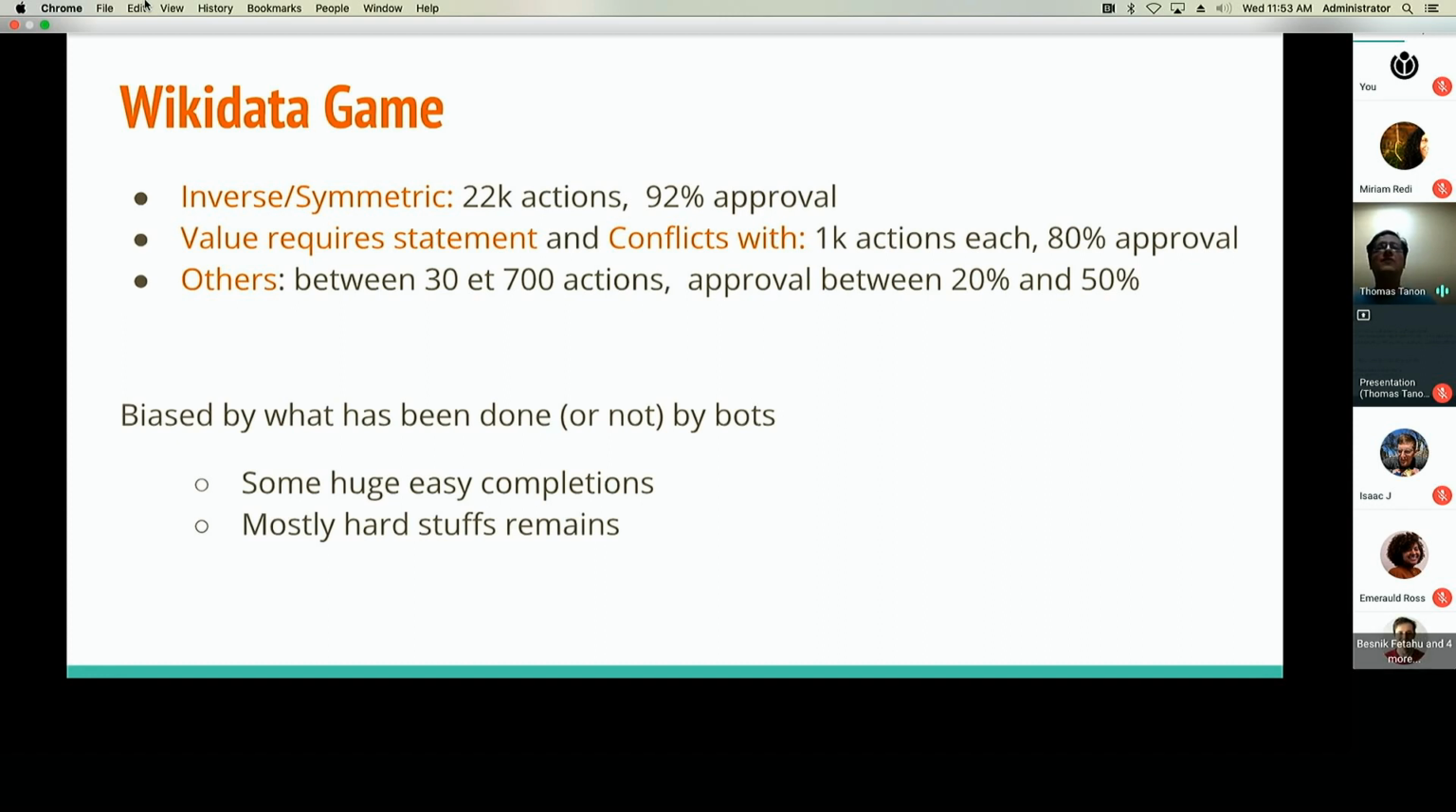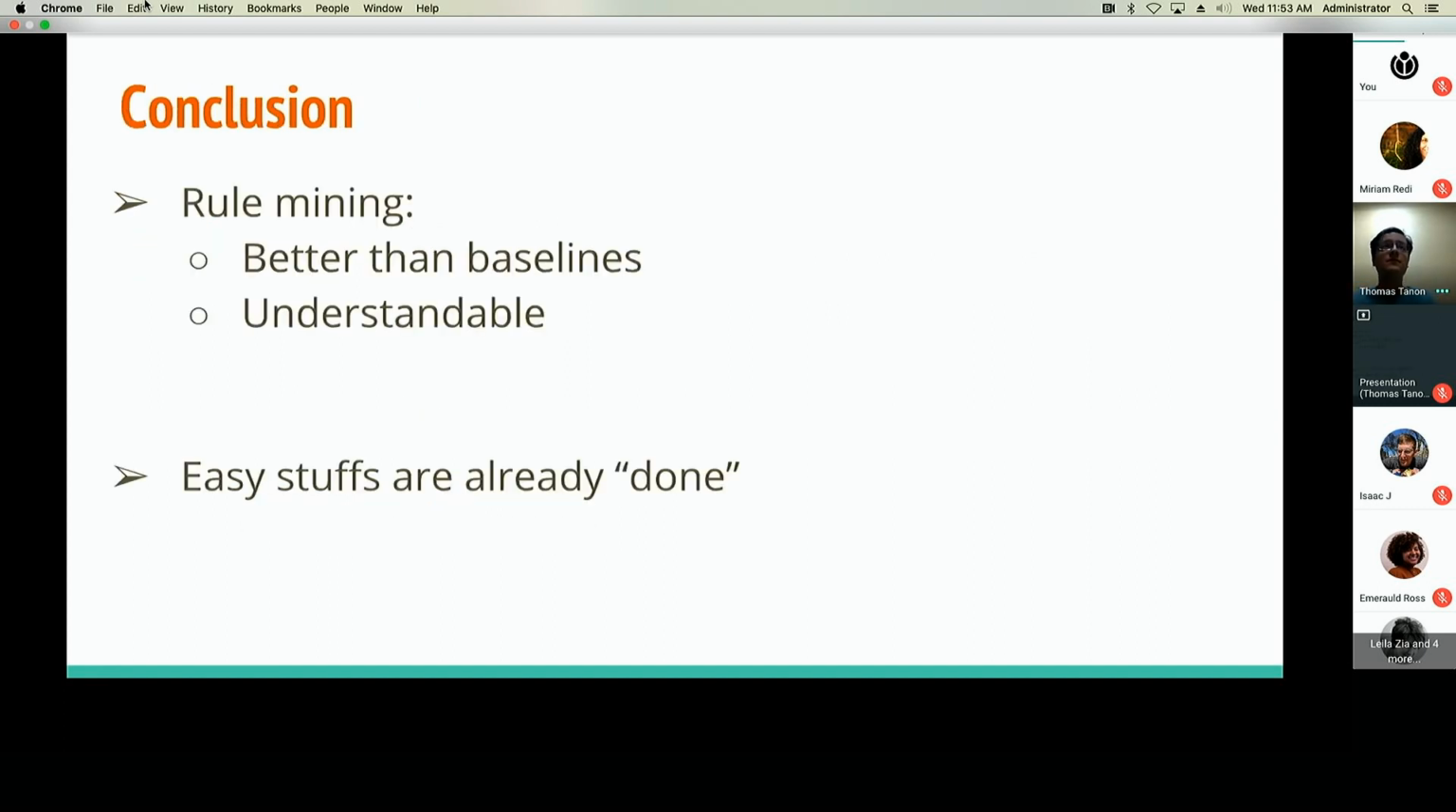So in the violations that remain, we have a lot of biases, let's say, with respect to what has already been done by bots or not, and we still have a lot of hard stuff that remains, for which we need to find good ways to suggest good corrections. So to conclude, in our work, we first